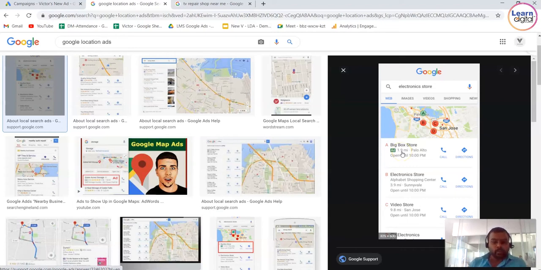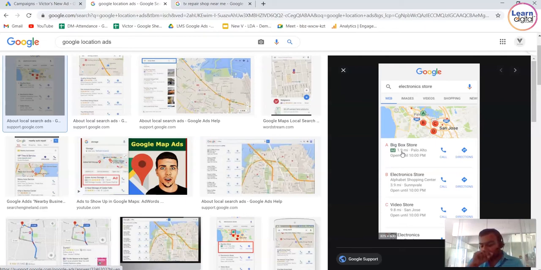Google My Business allows you to create and verify your local business on Google, guys. Your business information can be shown in Google Maps with Google My Business. You can also add business information that can appear on google.com, Google Maps, and Google Earth. When someone searches for your business name or category, your advertisement will be shown to them. You can also show your business location in your ads by using a location extension.